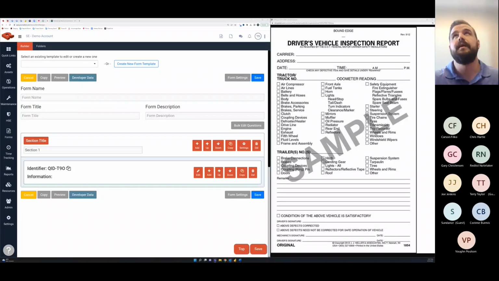So we're going to build a DVIR, the driver's vehicle inspection report. Fairly common thing that we see across all of our customer base are those DVIRs. So we'll walk through that, and really what we're going to focus on in today's training is an overall foundation of how to use the tool, the different features that are available to you there, but also pointing out some little tips and tricks on how to make building forms a little bit faster, a little bit easier,